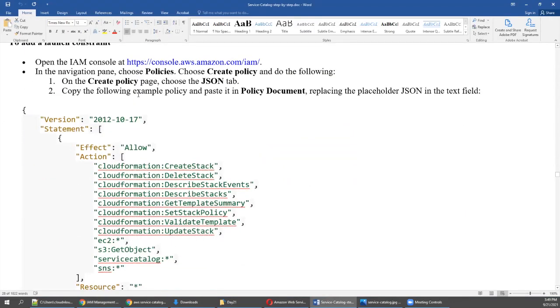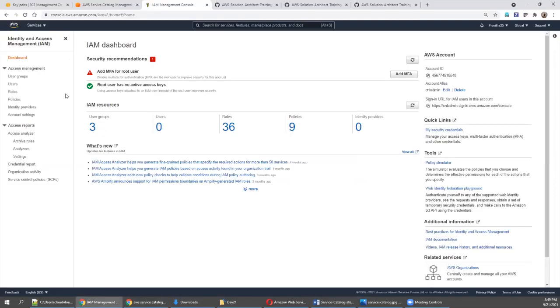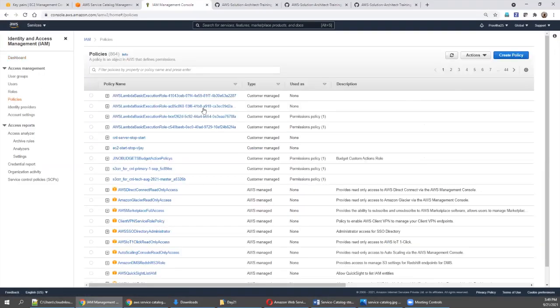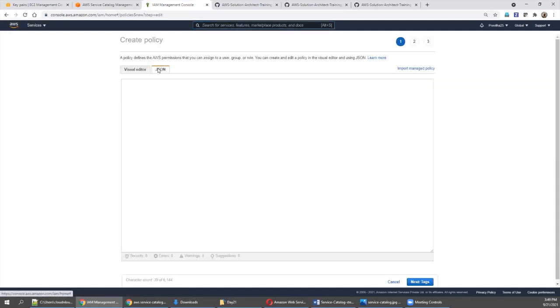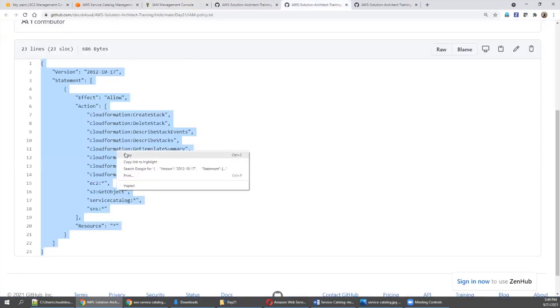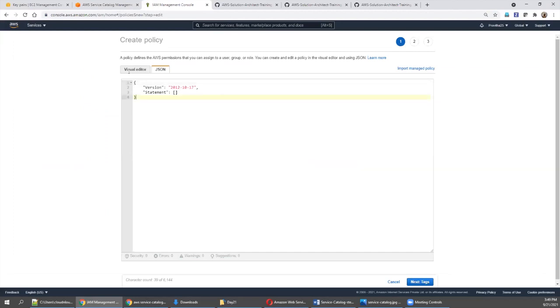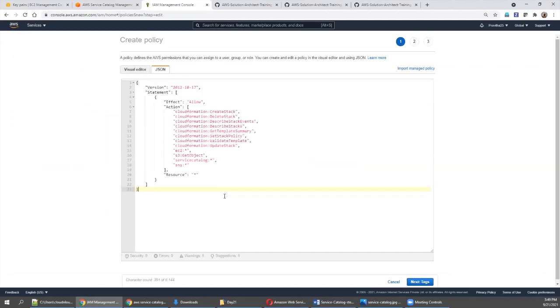The permission we need to create first is a policy, right? Go to IAM, go to policies, right? Create policy. In that, what related policy are we going to create? Service catalog, right? So go to JSON, manual way, and copy this and go back to your IAM and replace it. Copy paste here, right? So basically here we are allowing create stack and delete stack, because we are about to go via CloudFormation, right? And EC2 and of course S3 also.